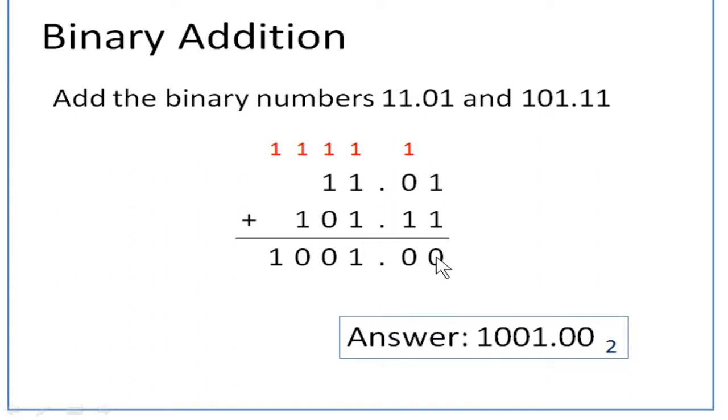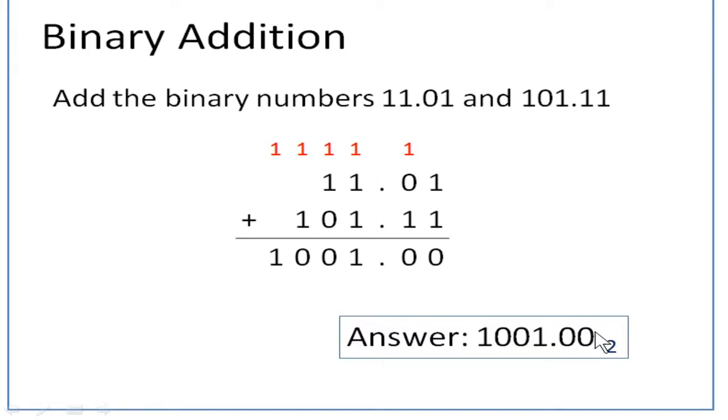So 1 plus 1 is 10. So 0 is written down and carry over 1. 1 plus 0 is 1, 1 plus 1 is 10. So you put 0 and carry over beyond the decimal point, and then you go to the next column, that is 1. 1 plus 1 is 10, 10 plus 1 is 11. So you put 1 and carry over 1 to the previous column. Then 1 plus 1 is 10, so put 0 and carry over 1. Now you have another one here, so 1 plus 1 is 10. You are carrying over 1 here, but you don't have any value, so you write it as it is. So 1001.00.